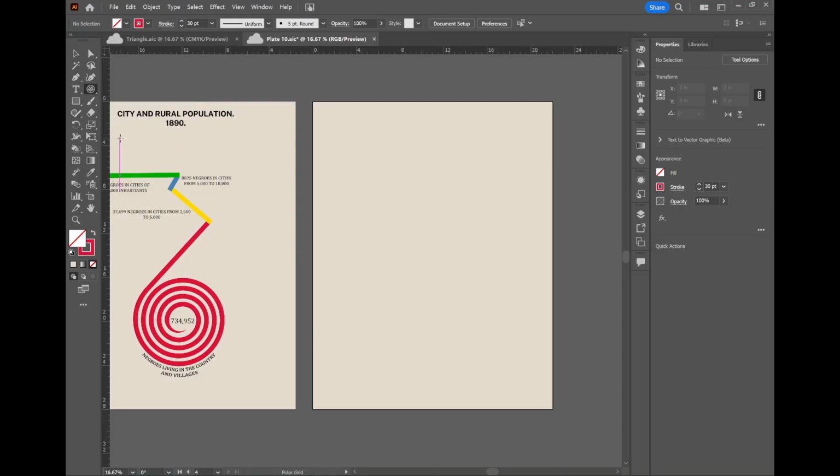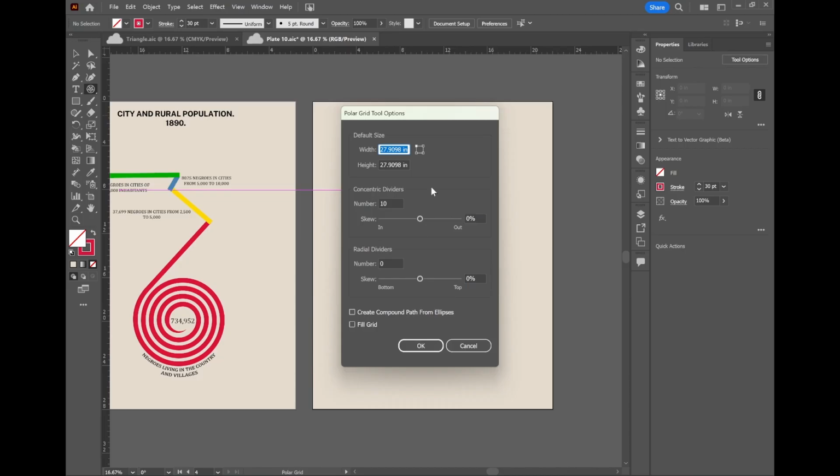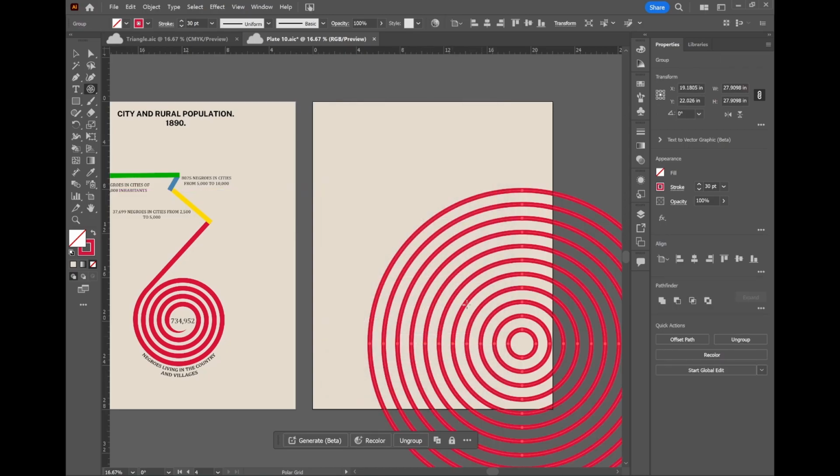But if you go to the polar grid tool and you tap once, it's going to bring up this menu. And I want you to adjust it so that you have 0 radial dividers and 10 concentric dividers. And you pick the number of concentric dividers based on how many layers of your spiral you want. So we're going to make 5 layers of our spiral, and we double that number, so we want to make 10 concentric circles on our page. So go ahead and hit OK, and you can see it's made 10 concentric circles for me, which is